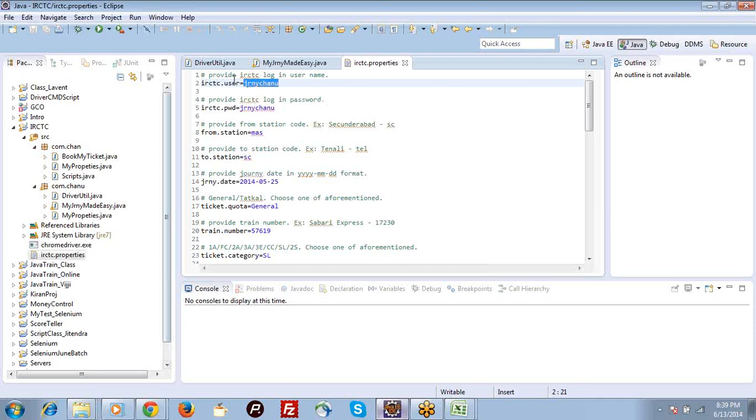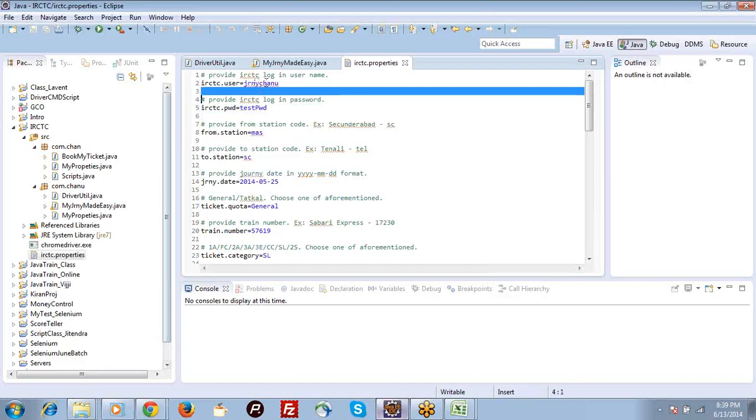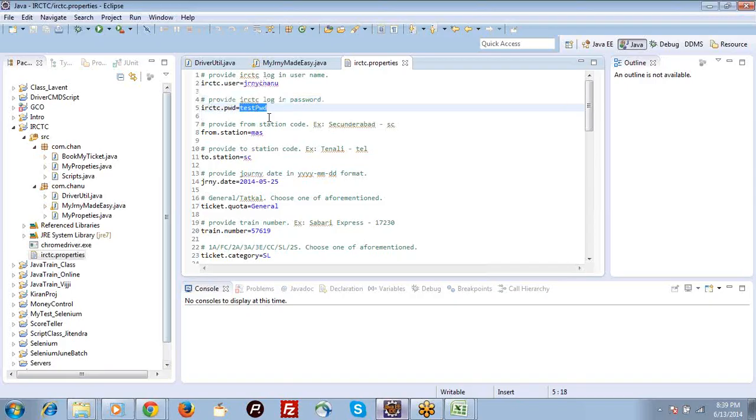So I gave a username, and provide IRCTC login password. I will give some password, and from which station you want to start. To book a ticket, you should tell from where you are starting and from where to where you will go. So from station I am asking,